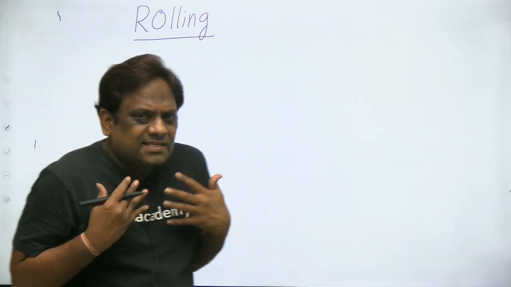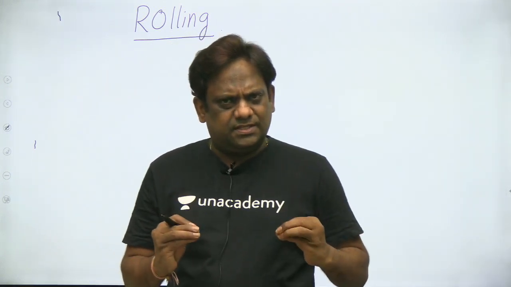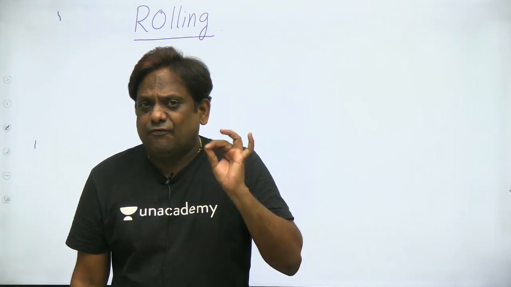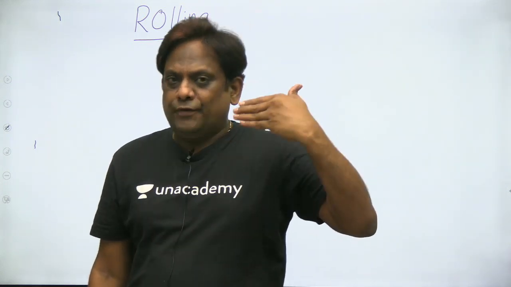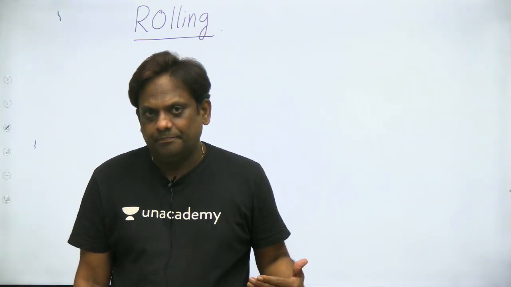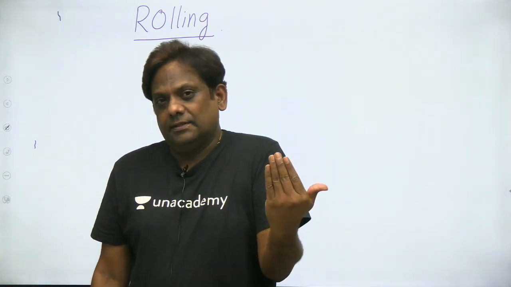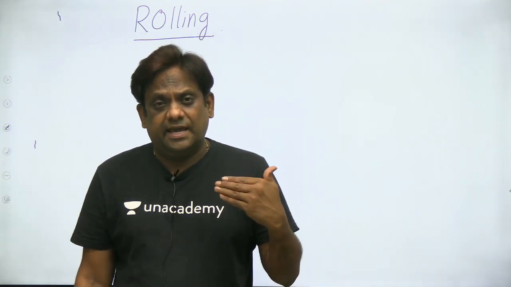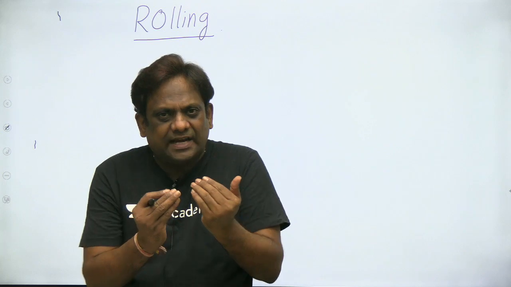So what exactly is rolling? In all these metal forming processes, plastic deformation enables us to shape the component. So we have to stay in the plastic zone and we need to use the flow curve, which I gave you in my earlier videos, that is true stress is K epsilon to the power n. That is to be used, and today I'll tell you how we use that equation.